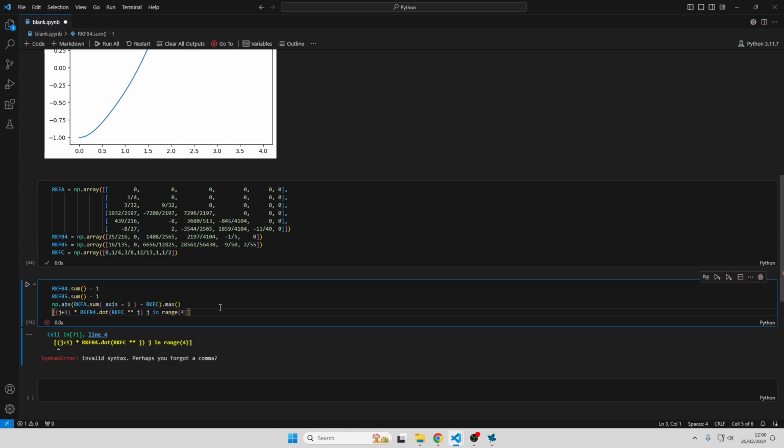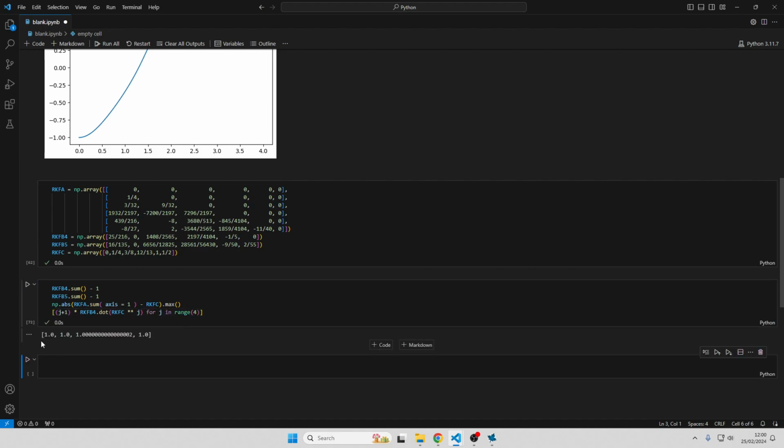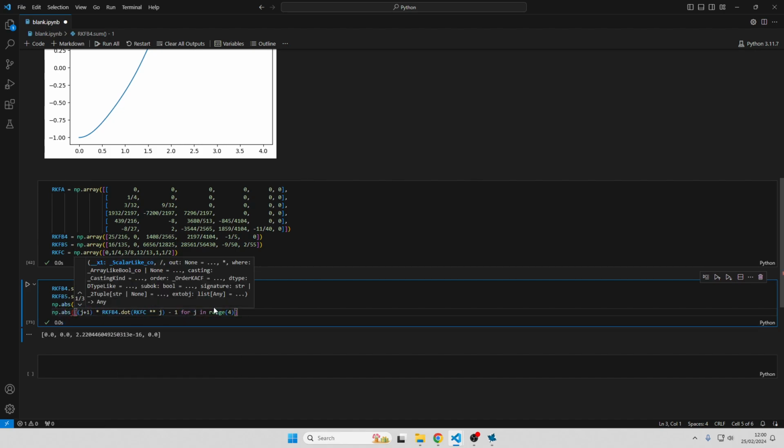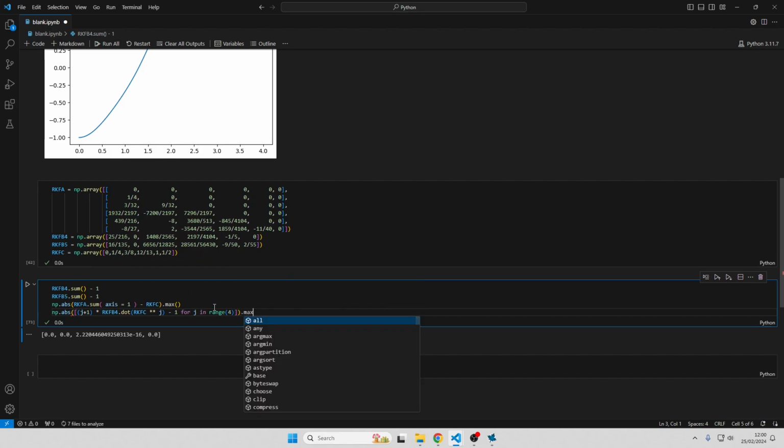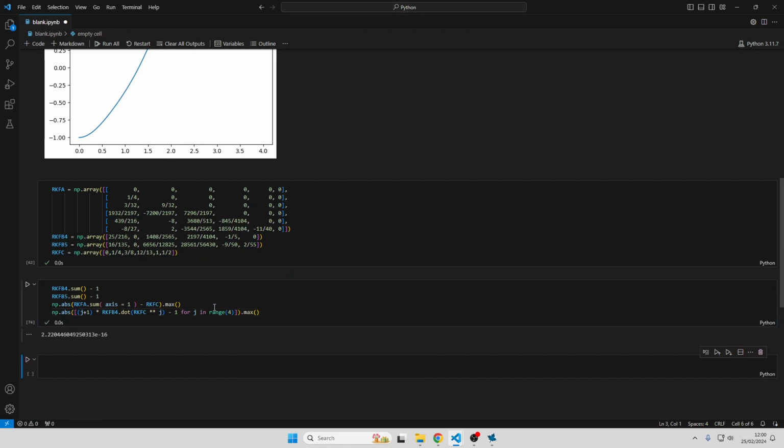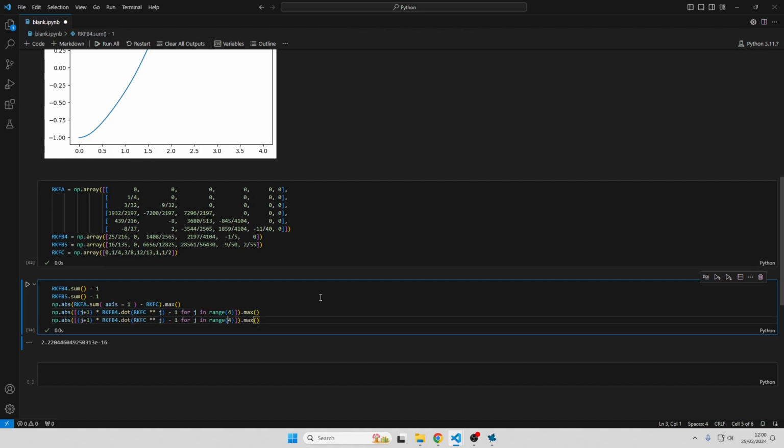Okay. So what have I done wrong here? Oh, yeah, I forgot the keyword for here. Okay. So we see that this is all giving me 1s. So let's just check that. Let's just subtract 1. And again, let's take the absolute values of these errors and take the maximum of them. And we see again that the error is around 10 to the minus 16. And that was for RKFB4,